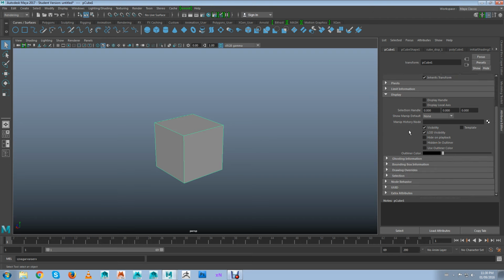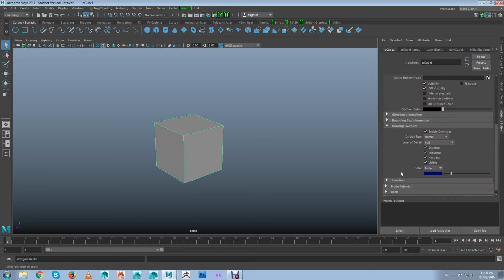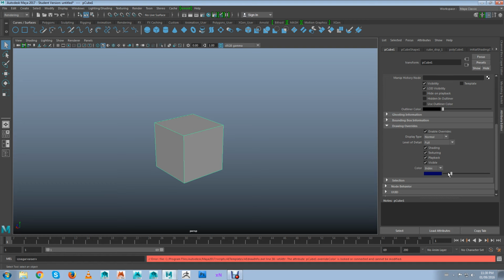Okay, so there's lots of things I can change with display. Under display, I can come in and I can say drawing overrides. Okay, and I can actually change the cube's color, the wireframe color. So if I change the cube's wireframe color to another color,